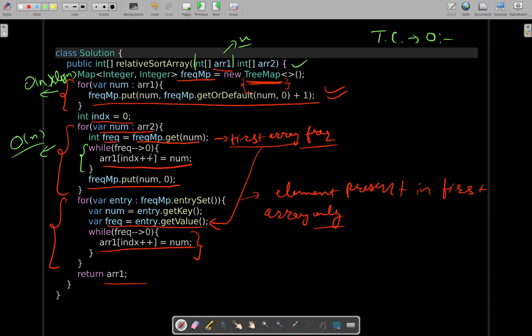That's why close to order of n, you can say. And the last loop will be running less than order of n maybe, or you can say order of n, a loose upper bound. So overall time complexity will be order of n log n,